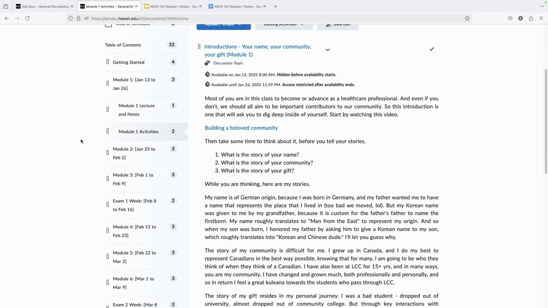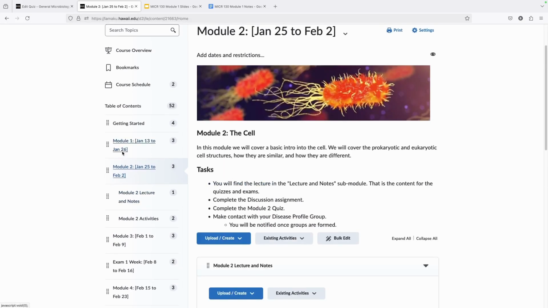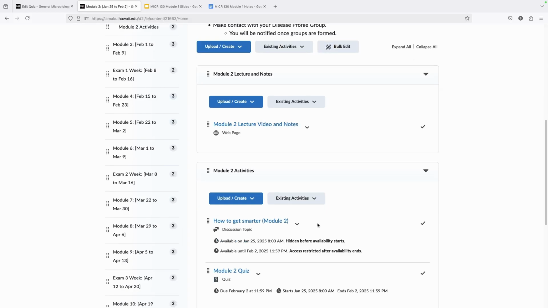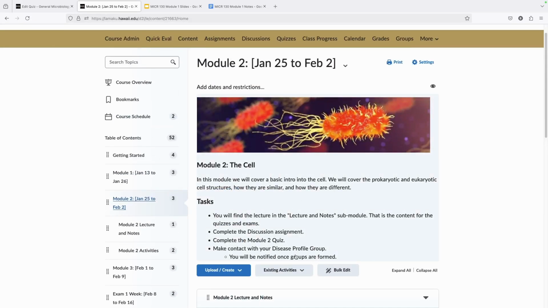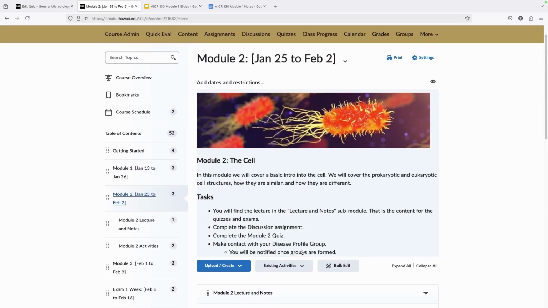about what we need to do. There will be later, as we move through the various modules, you're going to see things like our disease profile group, right? And so other things will come on, but generally each week there's going to be a discussion, there's going to be a quiz. You should watch the lecture notes. All the lecture notes are available to you right now, so you're welcome to go ahead and start that